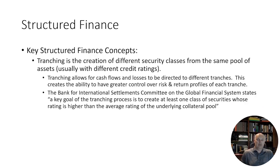Let's take a look at some of the magic of structured finance a little bit in depth. So we talked before about pooling. There's a large pool, and if one loan goes bad, hopefully the other loans are there to generate cash flow to cover any shortfalls from somebody who defaults. The second key to structured finance is tranching. Now, if you speak French, tranche means slice